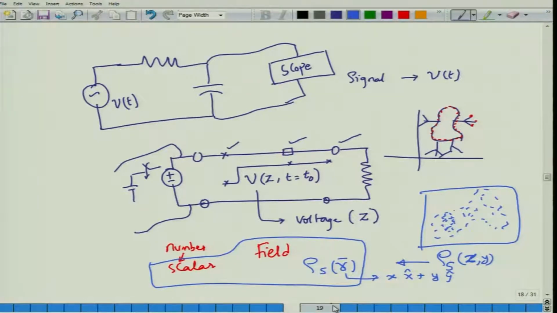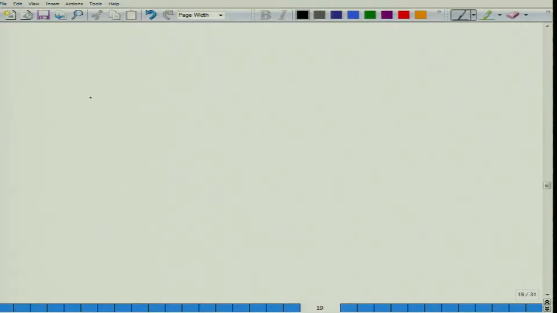How might a vector field look? Suppose I take the same charge distribution, right? And I know that around charges there will be an electric field. This is something that we know from our high school physics classes, that surrounding a certain charge distribution there will be electric fields, and we know that electric fields are not just a number, but have to be associated both with a number as well as a direction. You don't say the electric field is 10 volt per meter. People will immediately ask you what is the direction of the electric field, right? So at different points the electric field direction will be different. You can also imagine the amplitude of the electric field to be different.